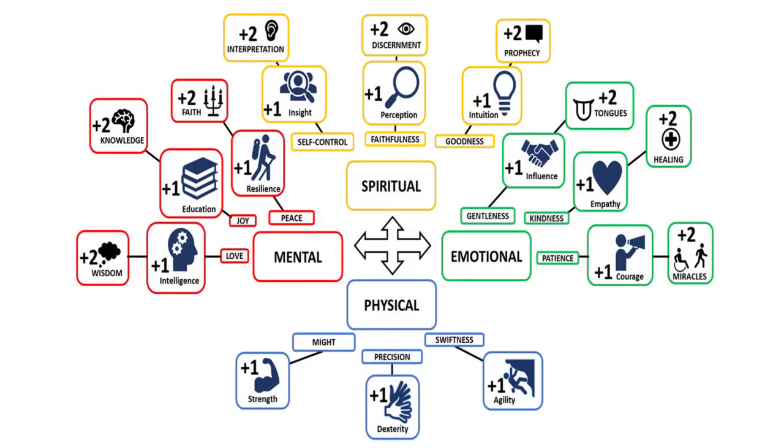So you can see that there are 9 different talents there, the mental, the spiritual, and the emotional, and each one has got a pathway. So there, from the left, it says love, joy, peace, self-control, faithfulness, goodness, gentleness, kindness, and patience. So the pathways allow the players to add additional points permanently to chosen talents and also to gifts. Players spend 3 experience points to move 1 step along a pathway and take that skill increase.